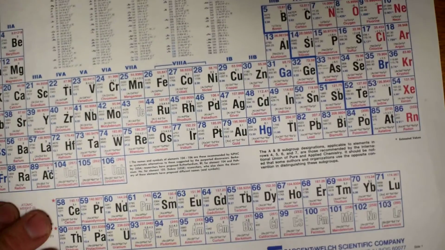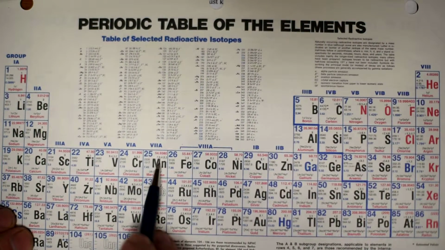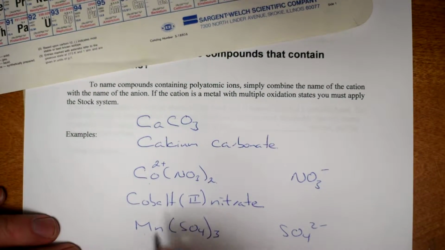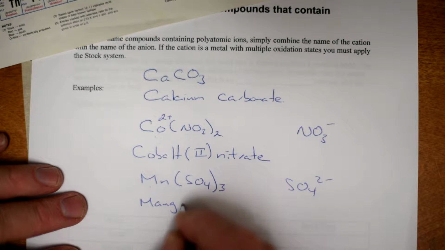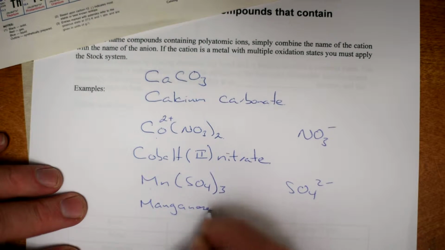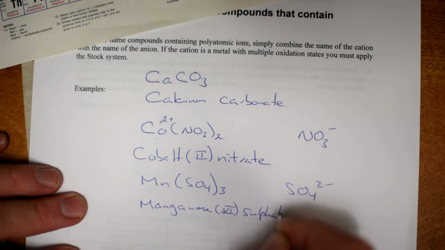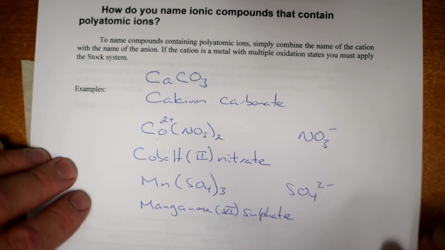I look at manganese, I bring my periodic table down again, and I notice that manganese has all kinds of oxidation states, so I have to name it using the stock system, and it would be manganese(III) sulfate. Oh, sorry, I'm a little bit out of the camera range here. I have no idea whether that's a common compound or not, but anyway,